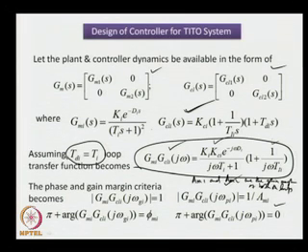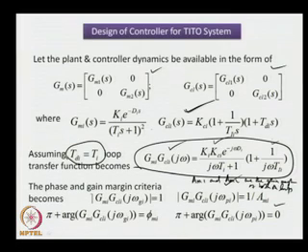Similarly, the gain crossover point enables us to obtain two more equations in the form of magnitude of loop gain GMI GCLI j omega gi is equal to 1 and pi plus argument of GMI GCLI j omega gi is equal to phi mi, where phi m1 and phi m2 are the phase margins